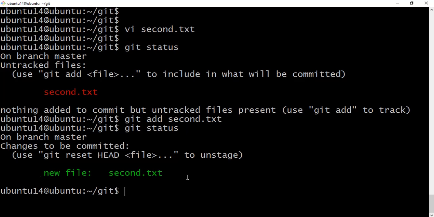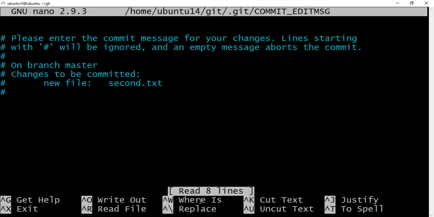Okay, now git commit -m. This is the new flag. The -m flag represents the message. Before, when we did the git commit, it came up asking to enter the commit message for your changes. To skip this, we can directly give the message in our command line by using the -m flag.